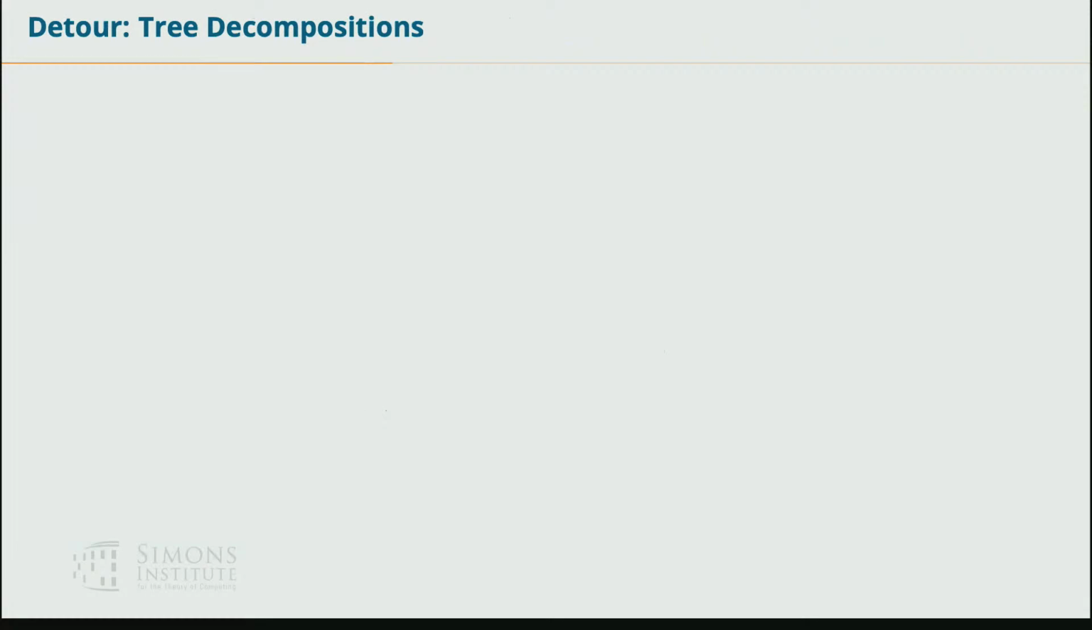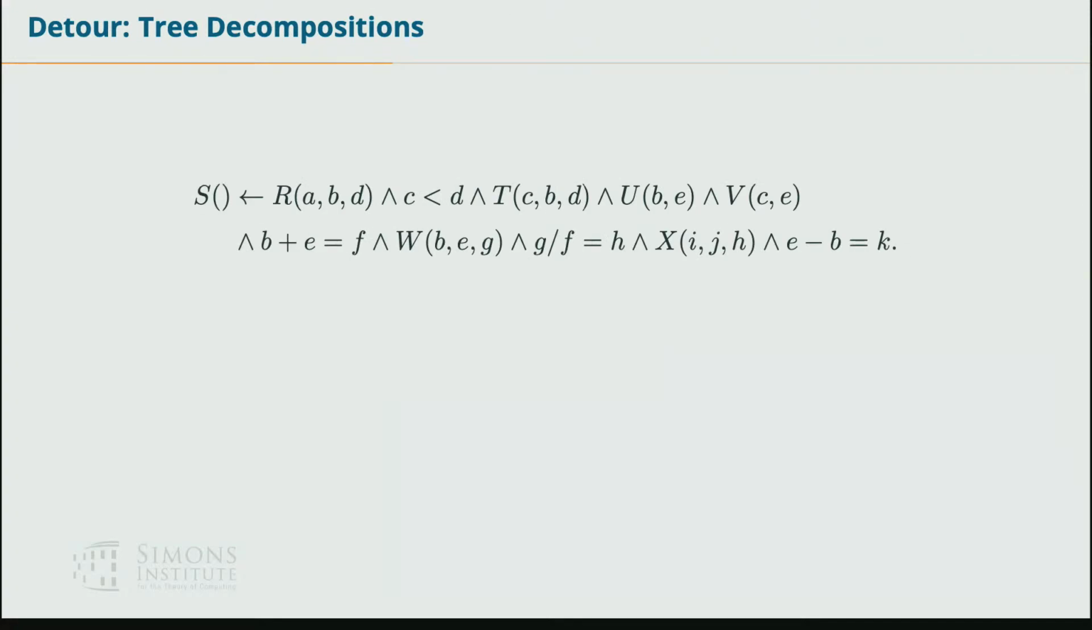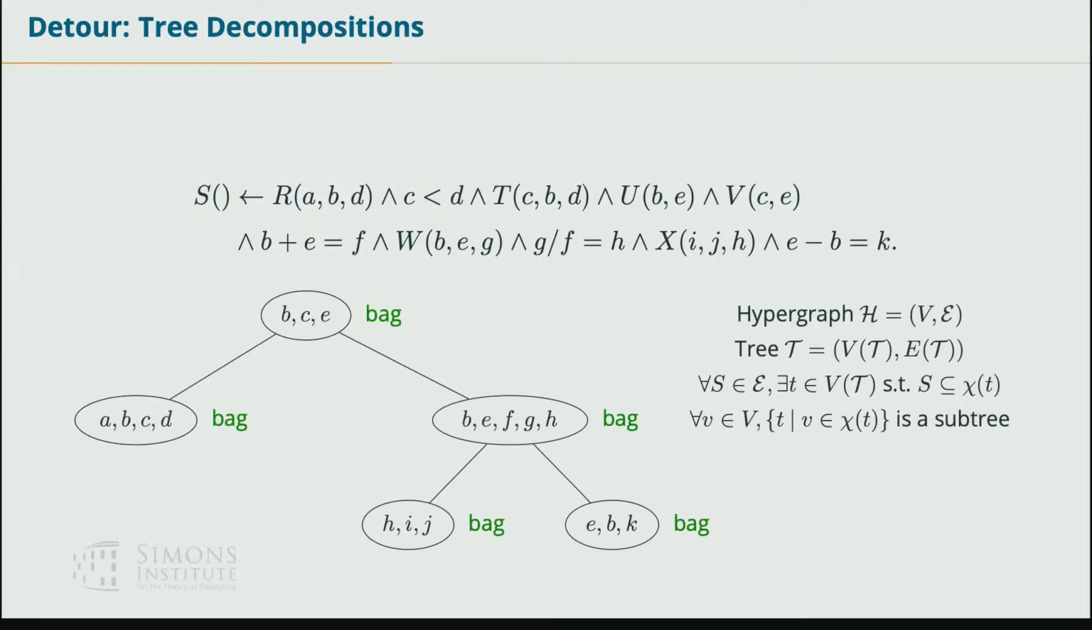Okay, so now let me somewhat formally define the notion of tree decomposition. Given a query like this, there are a lot of atoms or constraints in the query. One is R on ABD, another one is T on CBD. You could have G divided by F is equal to H, and so on. That's a conjunction of constraints, right? And the tree decomposition is a tree in which every node is a subset of variables, and this is called a bag. Don't ask me why. It's not a bag. It's a set. So every node is a set of variables,